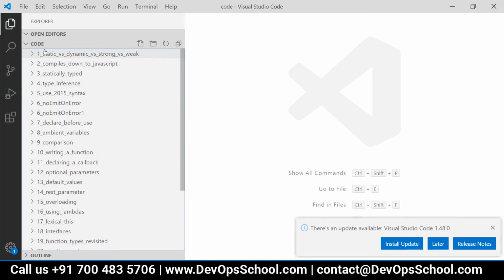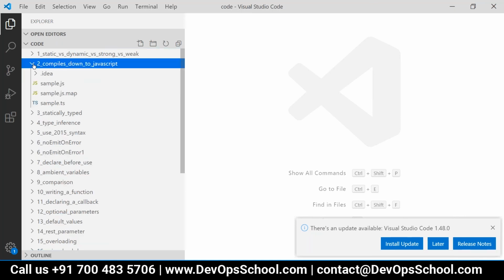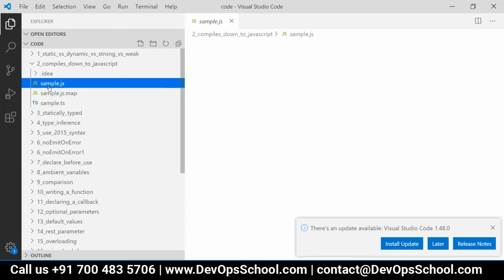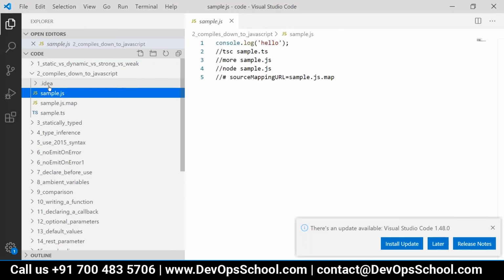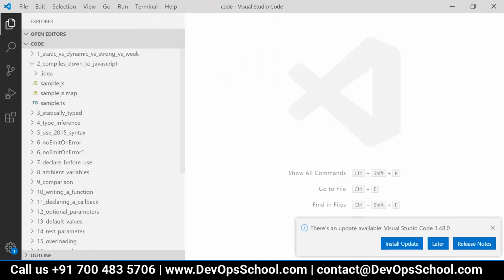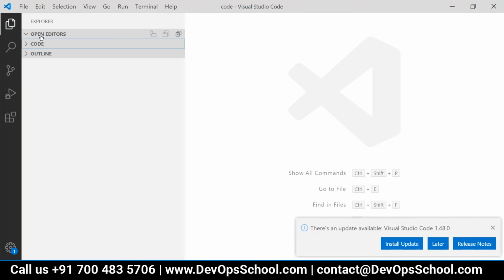I will also create one here, Sample.js, suppose. Hold on, I will open another file because here everything is already written. I will type in front of you.